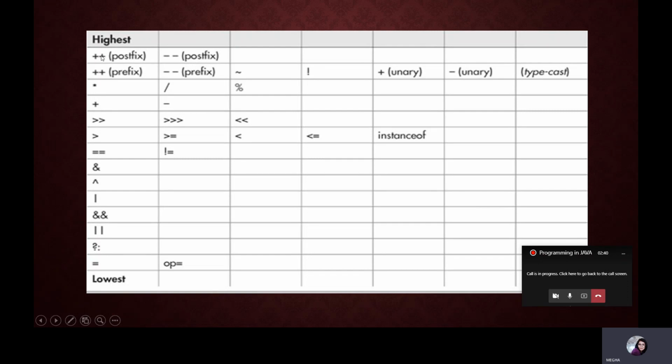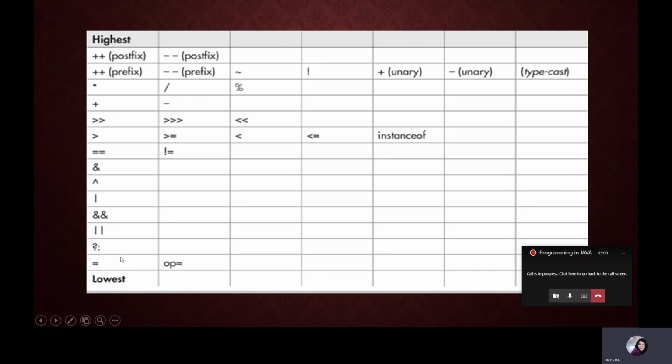When we go row-wise, the operators present at the left side of the screen are given higher preference than those on the right. Similarly, from top to bottom, the operators present at the top are given higher preference than those at the bottom.